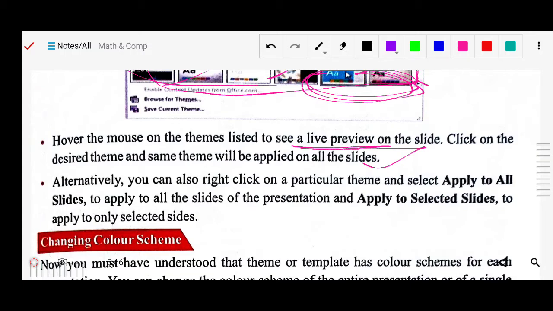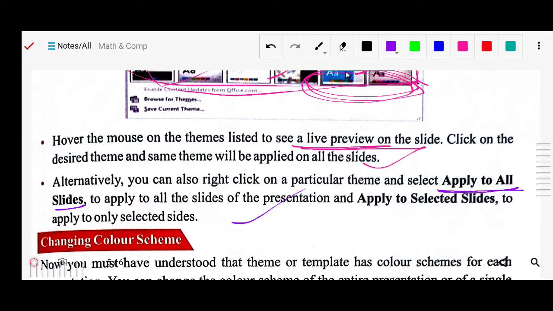Alternatively, you can right-click on the particular theme and select apply to all slides, to apply to all slides in the presentation, or apply to selected slides, to apply only to selected slides.